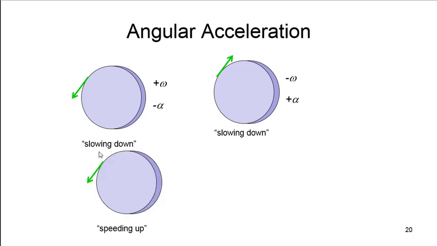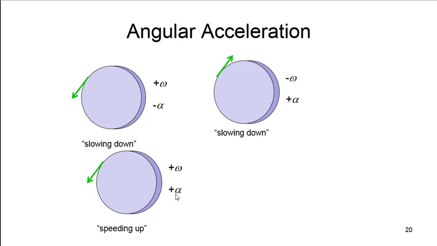Let's consider this case where this object is spinning. It's rotating in a counterclockwise direction, so no matter what, the angular velocity is positive, but it's also speeding up, so it's spinning faster and faster. When we're speeding up, we want our acceleration to be in the same direction, so in this case my angular